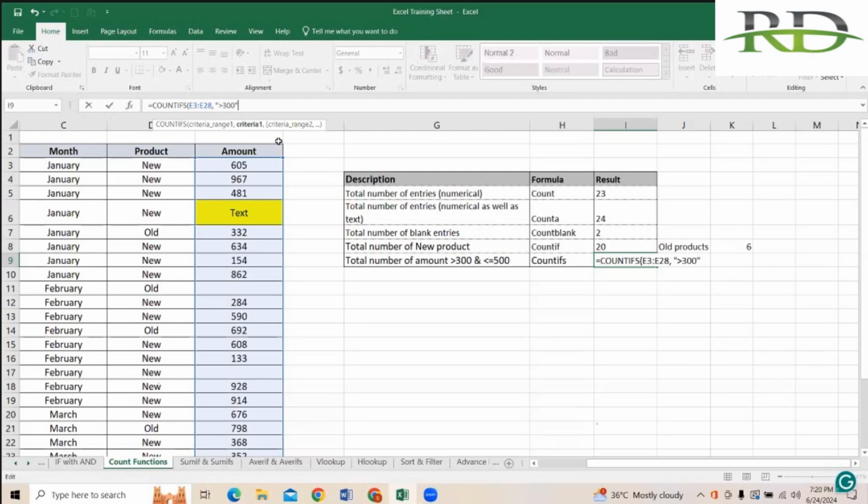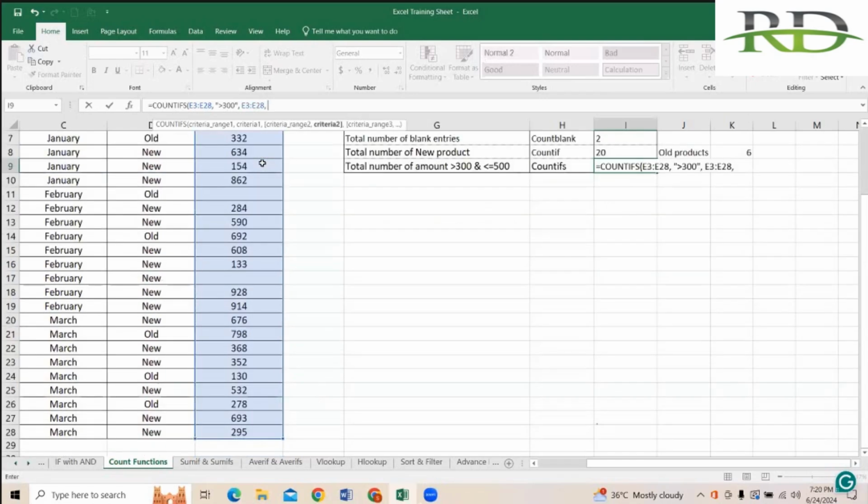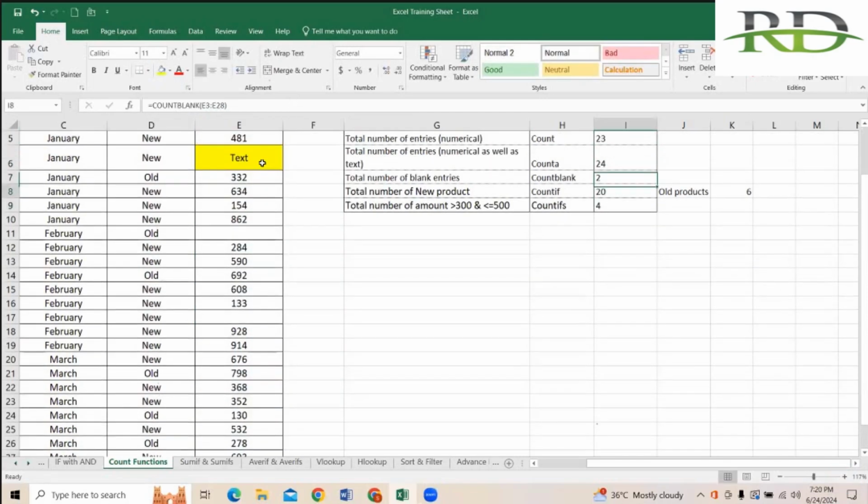Greater than 300 is criteria one, and the next criteria is also related to the amount: less than or equal to 500. Then again select the same range, comma, criteria is less than or equal to 500. So how many customers are between the amount greater than 300 and less than or equal to 500? Close the inverted comma, close the bracket, hit the enter key. So there are only 4 customers